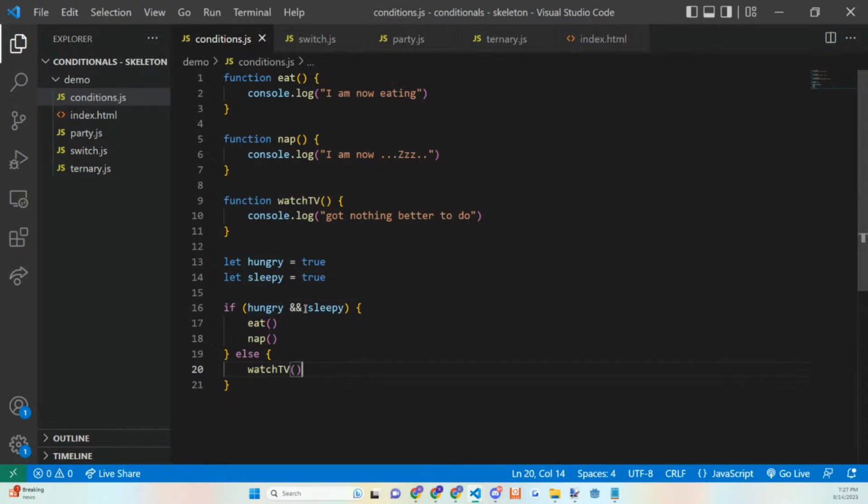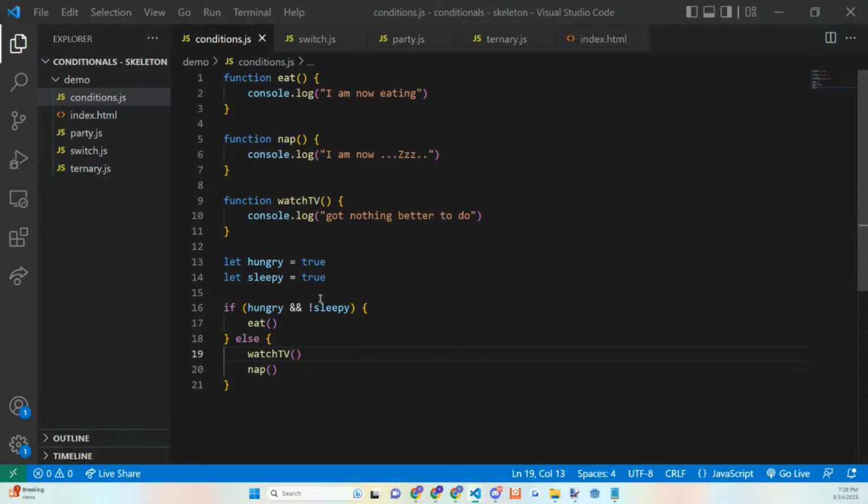So what happens if I say maybe I am not sleepy? Right? If I put bang not sleepy, then maybe it makes more sense to put nap down here, or after watching TV. Because what this is saying is that I am currently hungry and I'm also not sleepy, right? This bang operator acts as a not. You can think of this as literally putting a not here. Or in English, if I'm not sleepy, then I'm going to eat. But if I'm sleepy at all, then I am going to choose to watch TV and then nap.